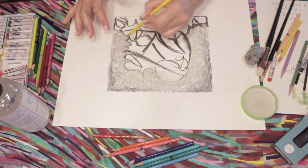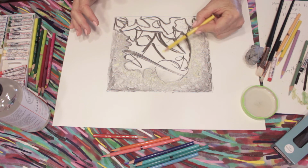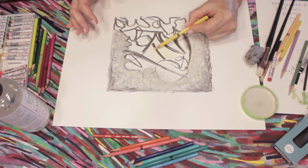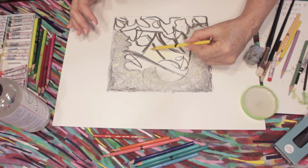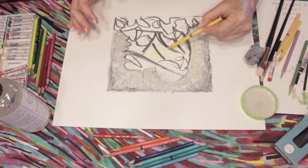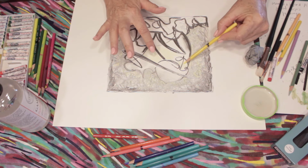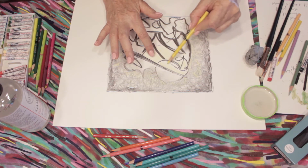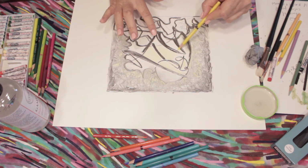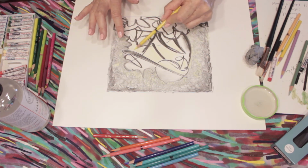Even though it's very light, it's hanging out, showing itself, because it is the most color that's here at all. And I'll show you how just this light application of it doesn't really interfere much. It's a little darker value actually than the white was, but it's not going to change the tone, which here is the light white being the lightest, this color white of the paper being the lightest that there would be, has just a tiny bit of gray in it from the graphite, and then also from the